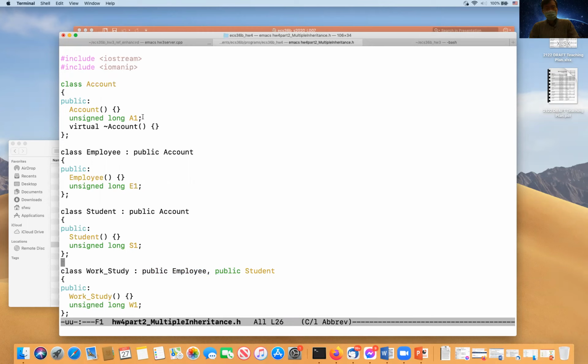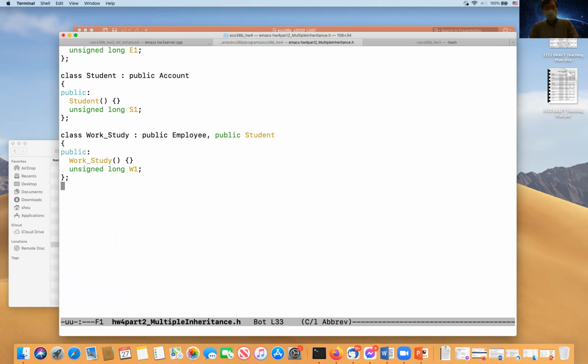All of them are long integers. For the account it is A1, for the employee E1, for the student S1, and for work study W1. So this is essentially a .h file that implements those 4 classes in the syntax of multiple inheritance.